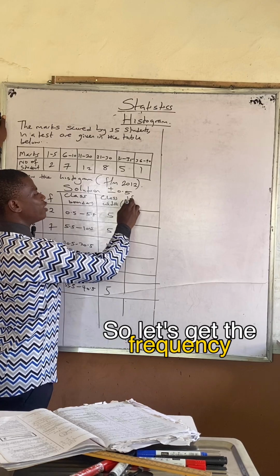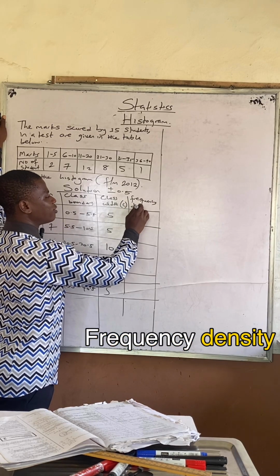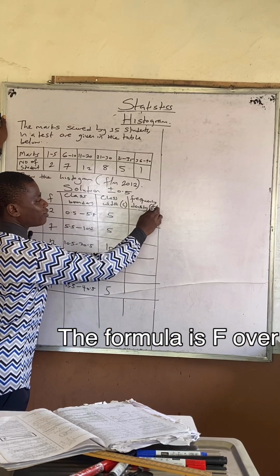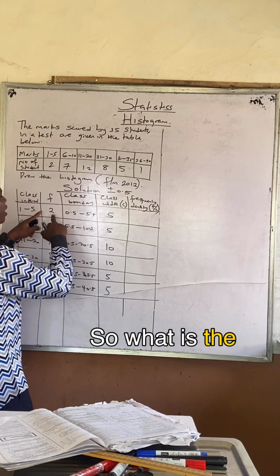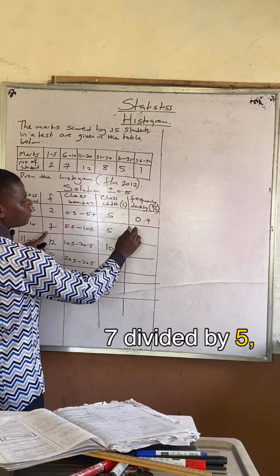So let's get the frequency density now. What is frequency density? The formula is F over C. So if you are asked to prepare that, you can do that. So what is the F? 2 divided by 5, 0.4. 7 divided by 5,